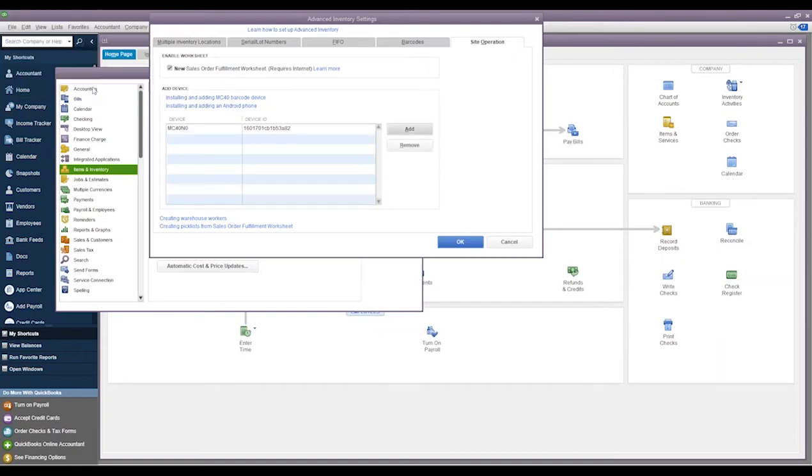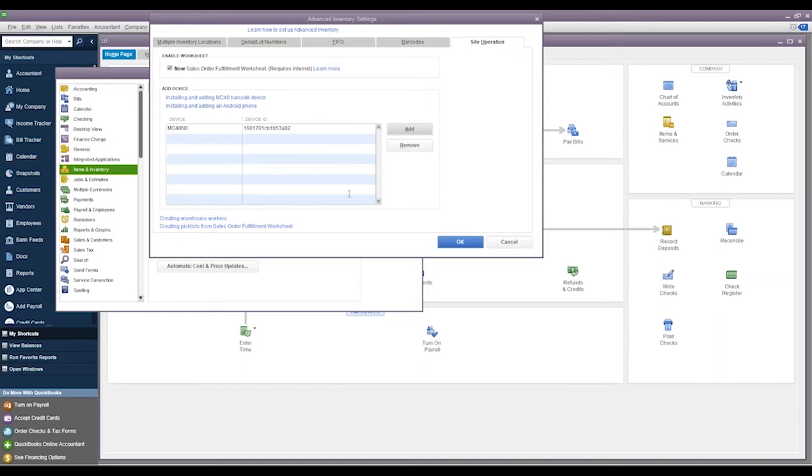We can see once we enter that and then hit done, it will try to sync over. Then on our QuickBooks side, we can see a pop-up that says device name MC40 with device ID is trying to link to your QuickBooks company file. Do you wish to allow this? So what we're going to do is select yes. And then once it does that, we get on the scanner itself, success. We have paired. So then if we hit done,